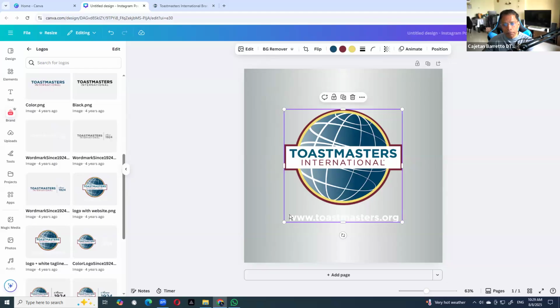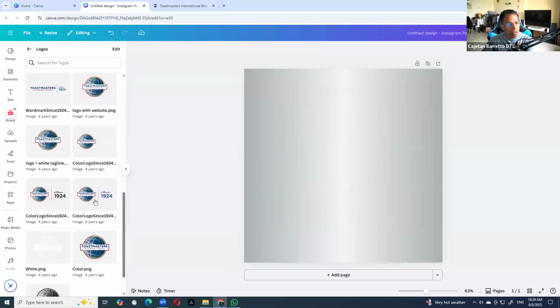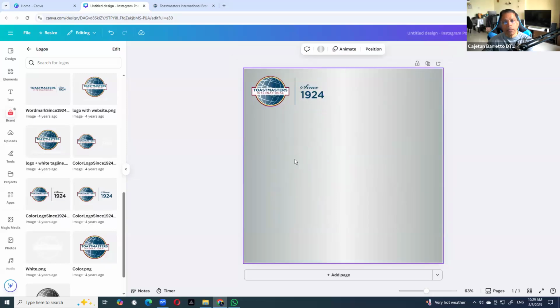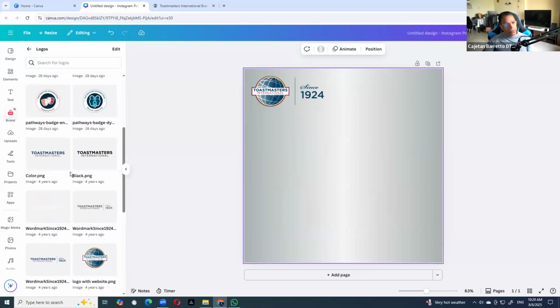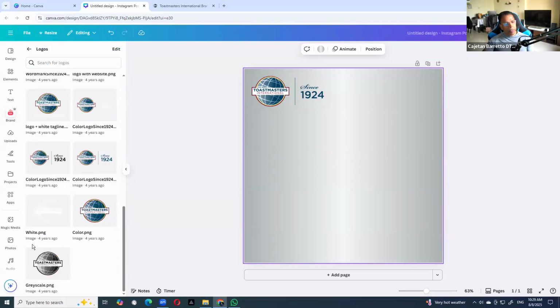Maybe this might not be the right one because it has www.toastmasters.org at the bottom, which you cannot see right now. Right? So I might want to use something like this. So all of these logos you can use depending upon the situation, depending upon the colors that we use. So logos are clear to everyone. Go to the brand manual, download all the logos. If you have the Canva Pro account, load them and keep them so that they're easy to use every time that you want to put the logos on your design. You can just refer to them and then use them.